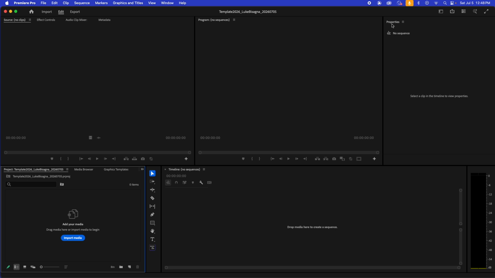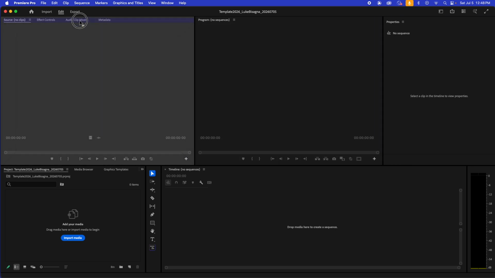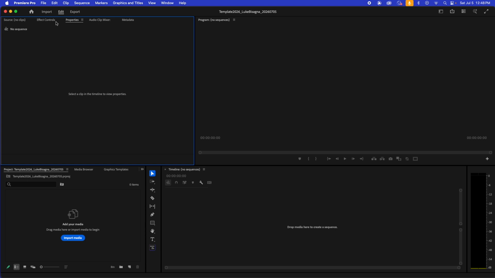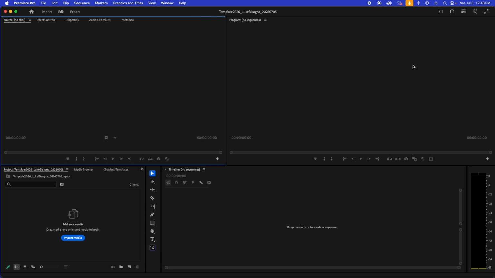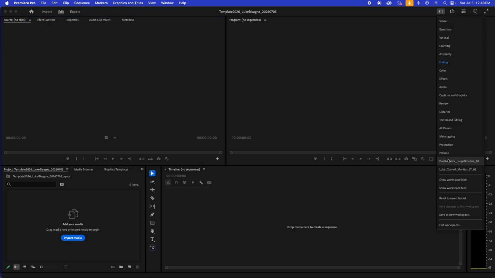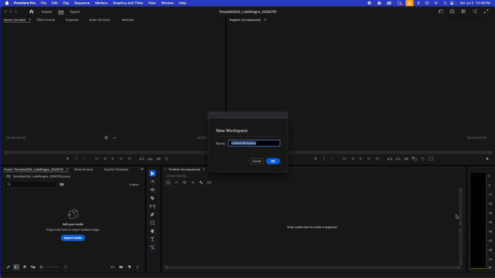So again, let's relocate our properties panel here. And you can even change the order of the tabs here if you like. Pretty cool. I'm going to balance these two panels out. And now I'm going to save this as a new custom workspace. So again, I'm going to go to the Workspaces button and then down to Save as New Workspace. I'll click on that and I'm going to name it